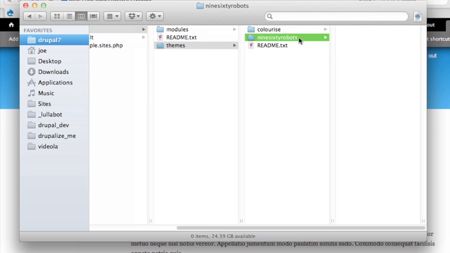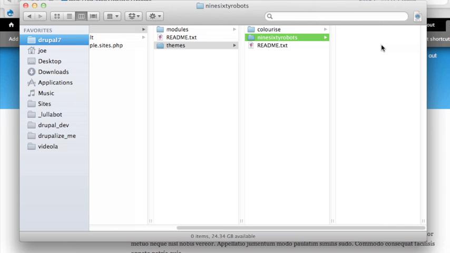The name of the directory isn't actually all that important. Inside of it is just going to be all of the files for our themes, and we could hypothetically name this directory whatever we wanted to. The important thing is going to be the name of the info file that we create inside of the directory. Usually what you'll see though is that the directory name here, 960 robots, will correspond to the name of our .info file,